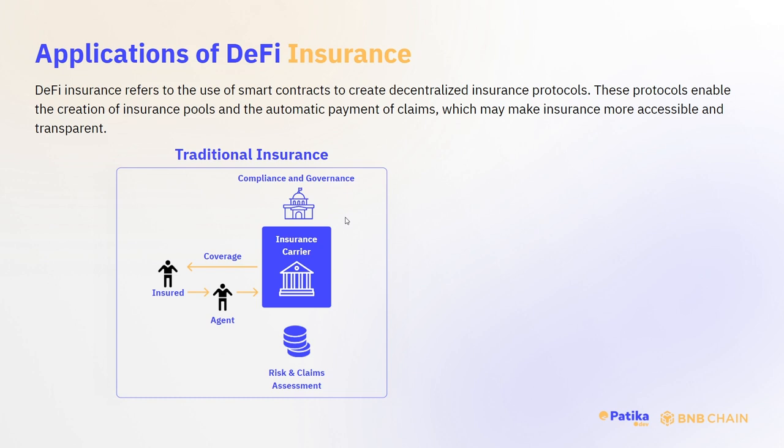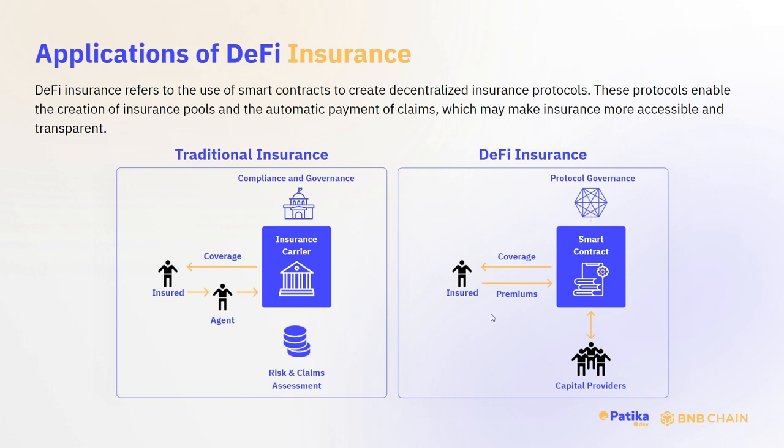Okay, this is traditional insurance, but when it comes to decentralized finance, we have something different. Here, an insured refers to an individual or organization that holds a position in a decentralized finance protocol, such as a long position in a decentralized lending platform. Coverage refers to the protection provided by an insurance policy, in this case against loss of funds due to smart contract bugs, hacking, or other types of risks. Premiums are the fees paid by the insured person for the coverage provided by the insurance policy.